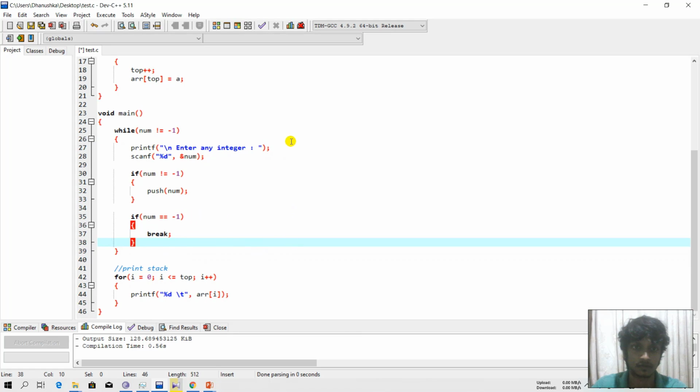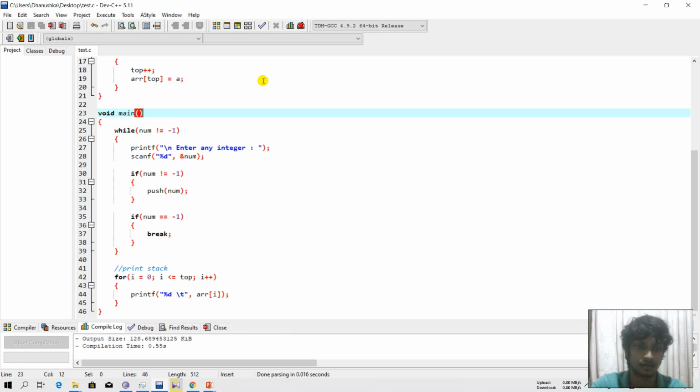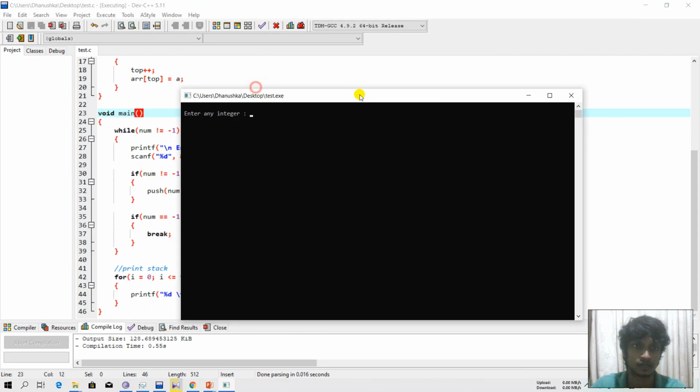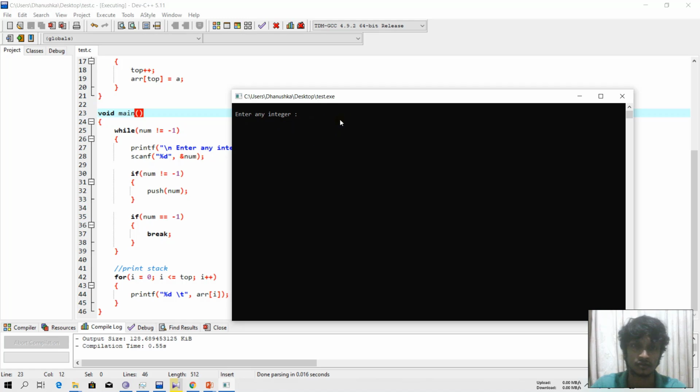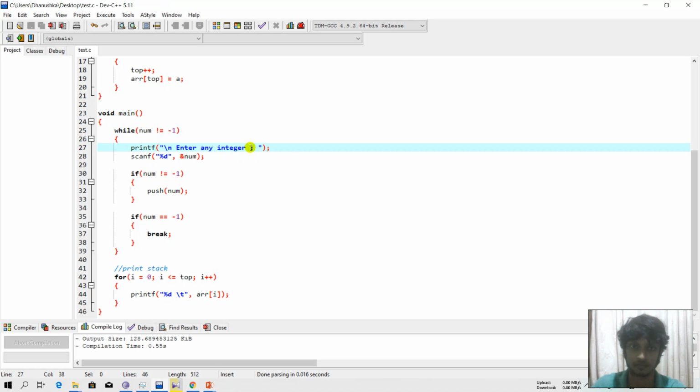Okay, now I think we will be able to insert multiple values into this stack. We'll first compile and run. Okay, enter an integer. It is better to change this message also, because if the user has no idea what he should do, we should describe the procedure.